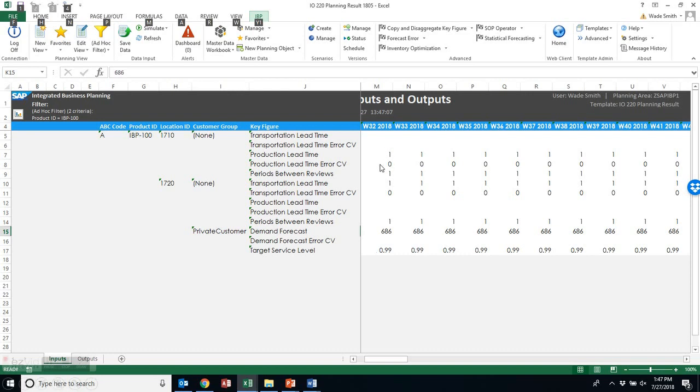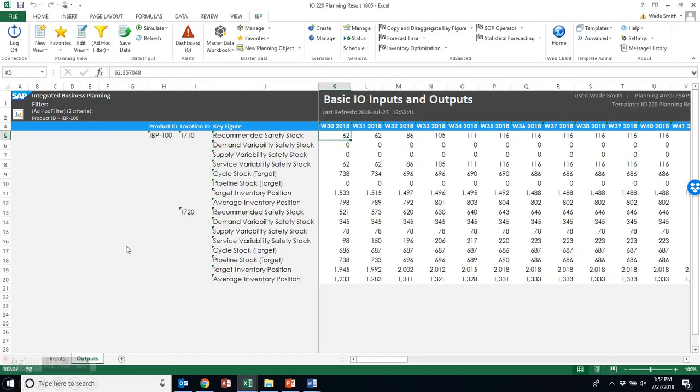You can also see the lead time of both for transportation and for production. The lead time errors for production and transportation are 0.25. I know they look like 0, but that's just because of formatting. And then the periods between review is 1 week. And then as I go through the outputs, I run the heuristic. I come up with these values. Again, 1710 was the manufacturing site. 1720 is the